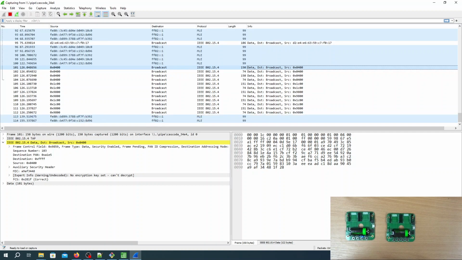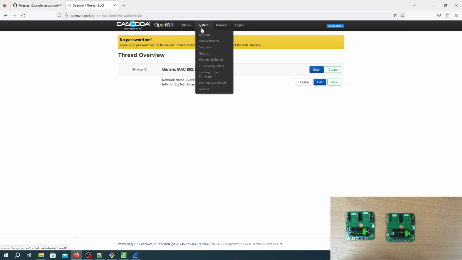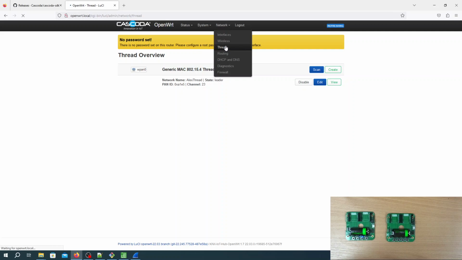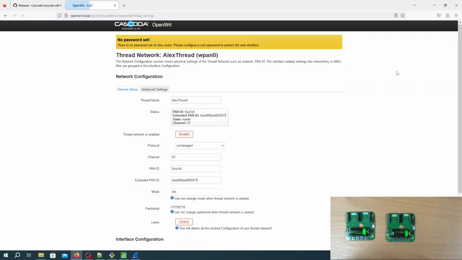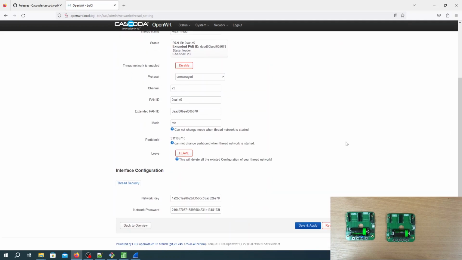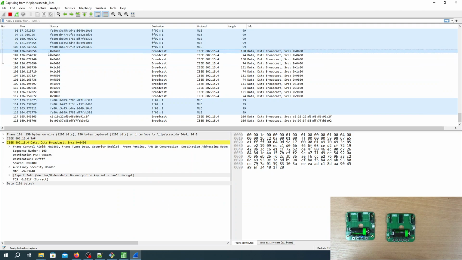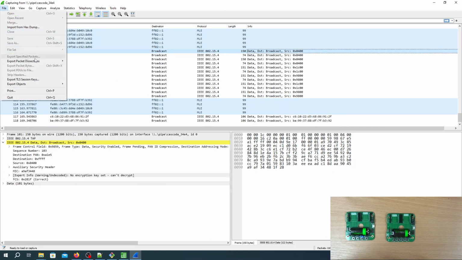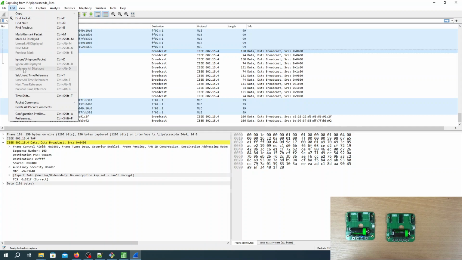So the way to do that is if you navigate over to your KNX-IoT Hub GUI, network, Thread, and then here you have your network. If you click on edit, scroll all the way down, and then here you have your network key, which we will copy and then head over to Wireshark, go to file, go to edit,